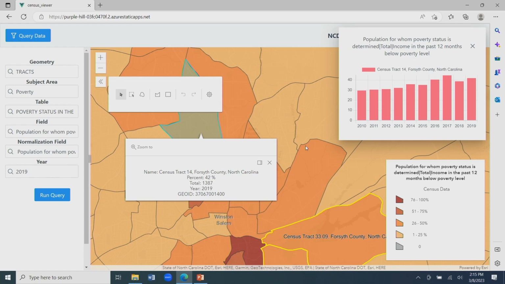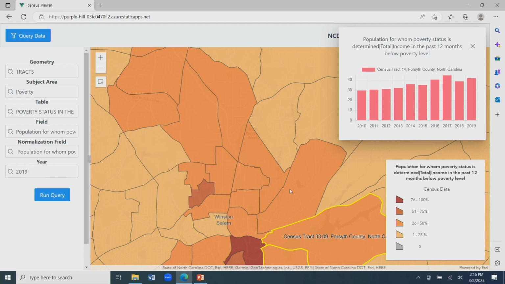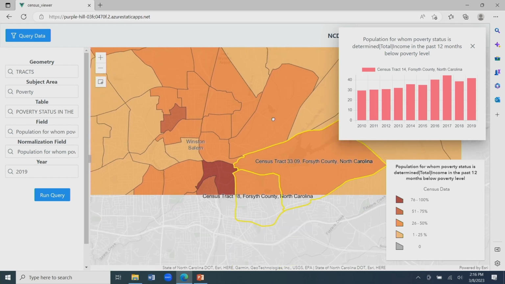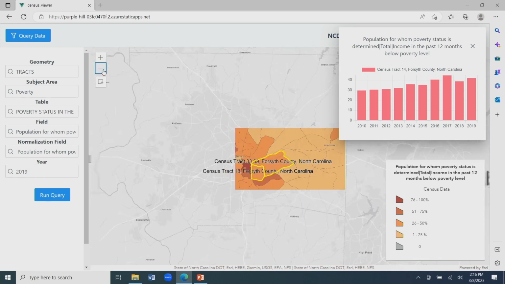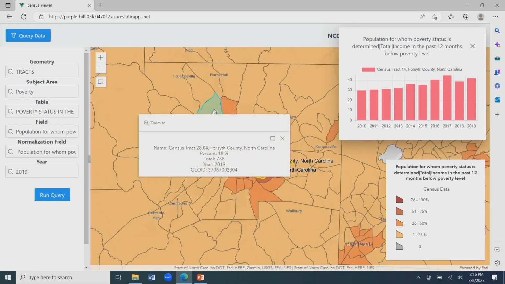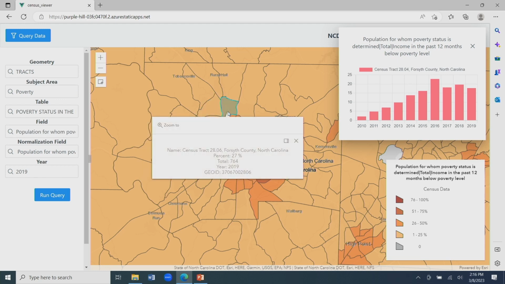So this application is good for NCDOT to be able to go in and compare various geographic scales, and the data is provided by census at block group level, tract level, zip code level, or county level. But they really wanted to be able to look at a specific block group, like a couple of block groups that they're interested in, and compare that on the fly with the county average. And being able to do that is a big deal without having to go through downloading all these tables and having a GIS analyst go in and do the analysis and bring back the result. This way, they can just do that on the fly